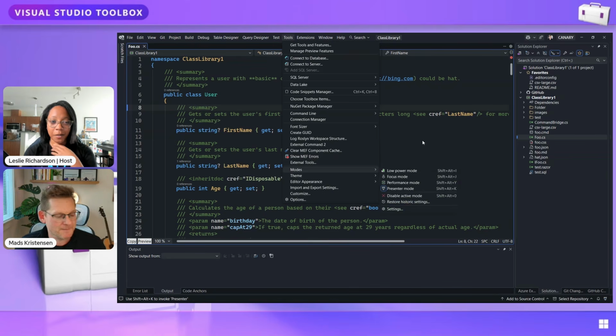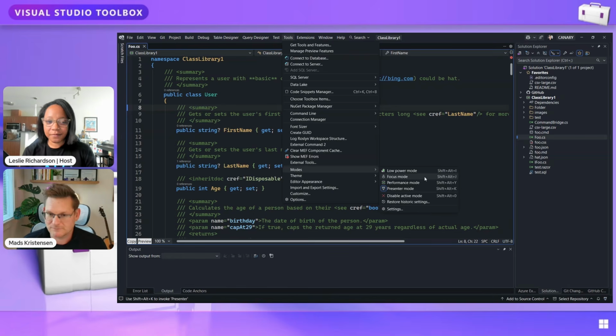I feel like we could also call this episode extensions that Leslie will be downloading after this video, because this one, maybe I was the feedback ticket and suggestions on the DevCom, but I've been asking for something like this for years. You do have the ability to save certain windows and things, but I was like, it'd be so great if there were different modes that you could toggle between, similar to, I'm a Photoshop girly, so Photoshop has something similar where you can filter between photography related features and graphic design related features in a focus mode. So it's cool that that exists for VS now through your extension. And I will be using this. Users can think of, hey, are there other modes we need to add?